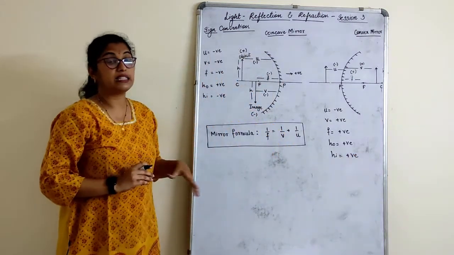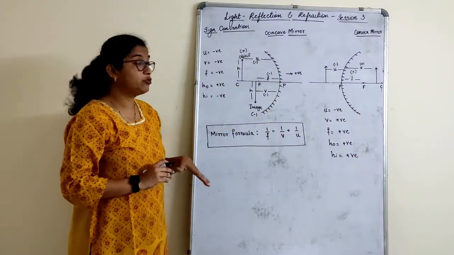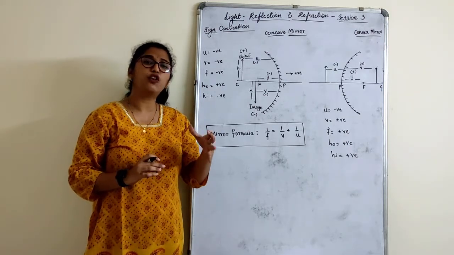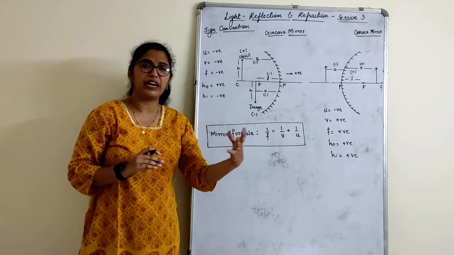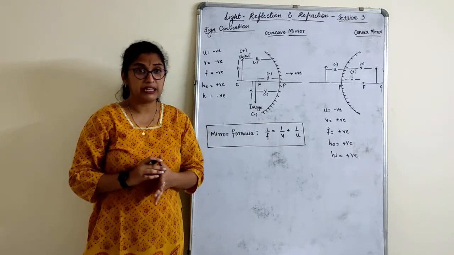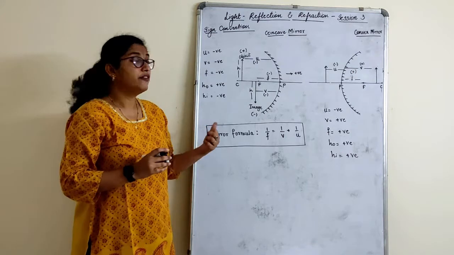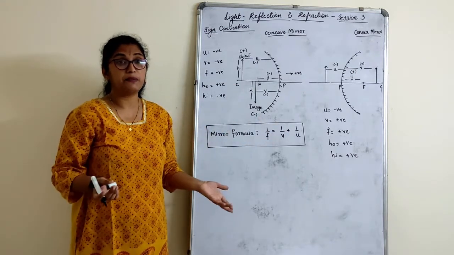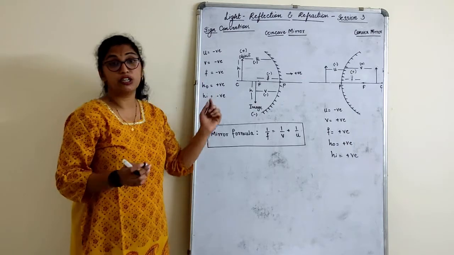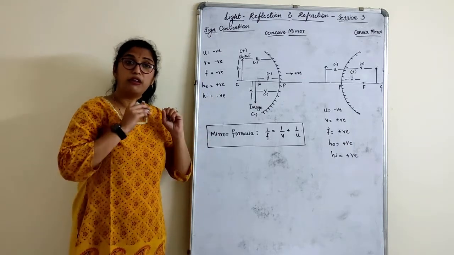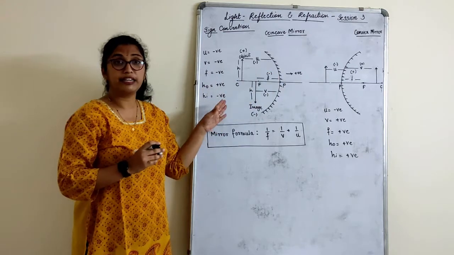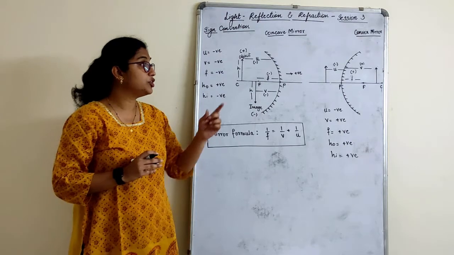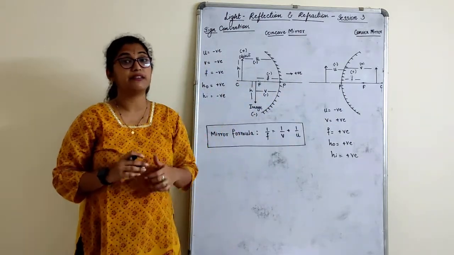You know why these things are important? Because usually in the numericals, when we solve, they give that the focal length of a concave mirror is 5 centimeter, something like that. You should know whether you should take f as minus 5 or f as plus 5. If you take plus 5 that becomes wrong because they have mentioned concave mirror. So focal length is always negative because it is this side of the pole. Focal length of the convex mirror is 5 centimeter. You have to take positive. If you take negative, it is wrong.